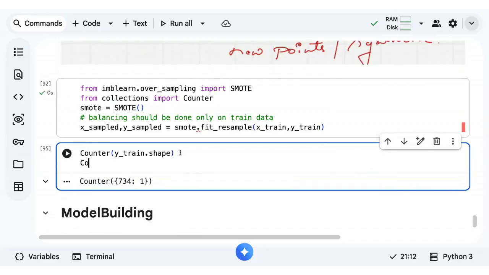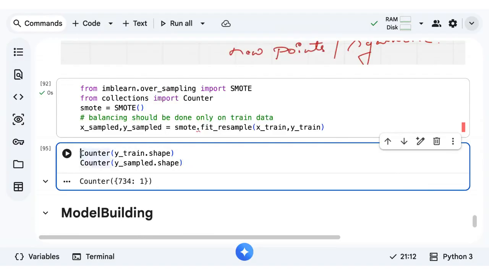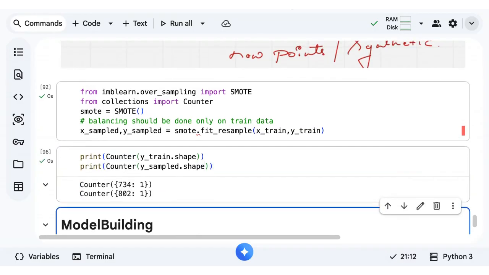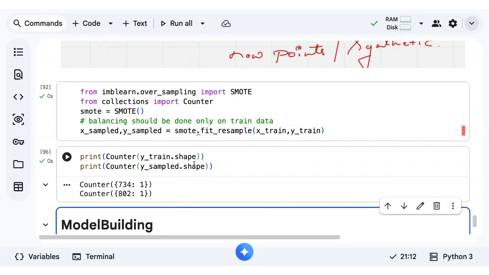You don't need to use shape, just use y.